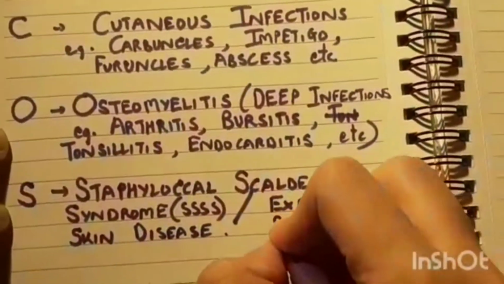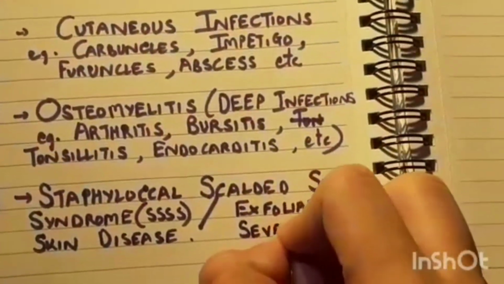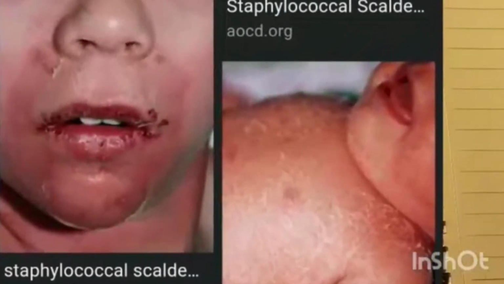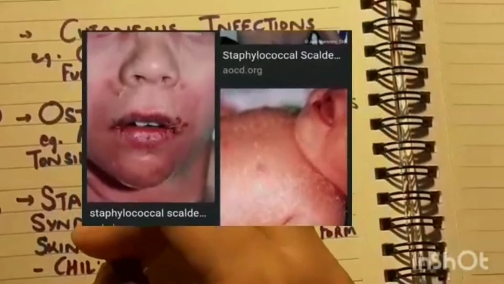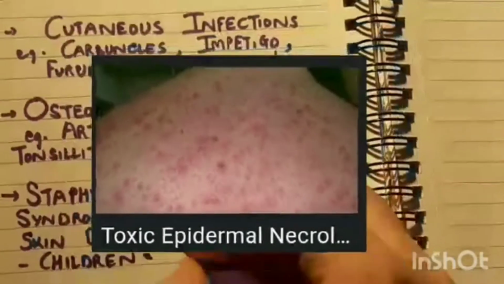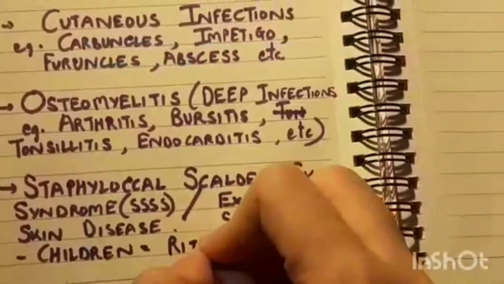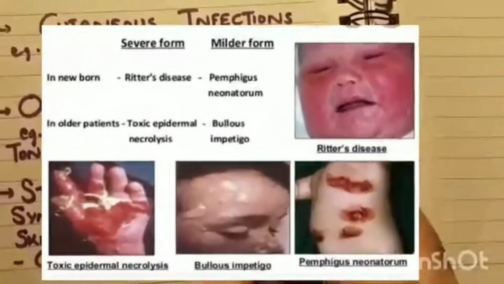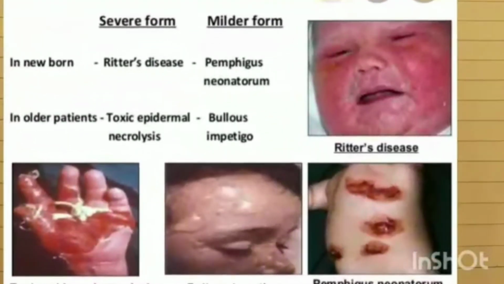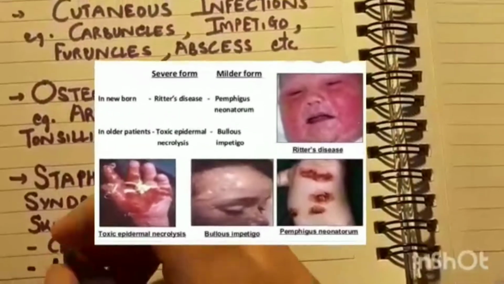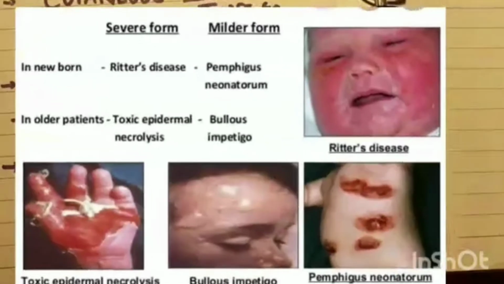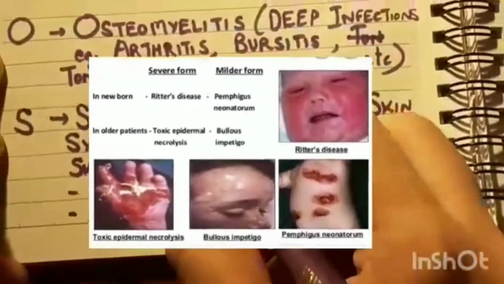Now in this there are a severe form and a mild form. In children the severe form is called Ritter's disease, and in older patients it is called toxic epidermal necrolysis, in short TEN. The milder forms are pemphigus neonatorum and bullous impetigo. In pemphigus we see blisters and sores on skin and oral mucous membrane, and in bullous impetigo we see fluid